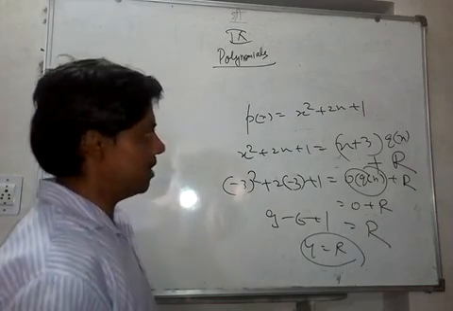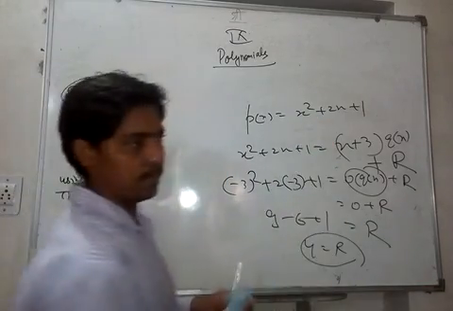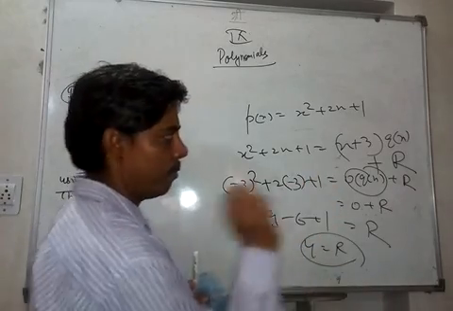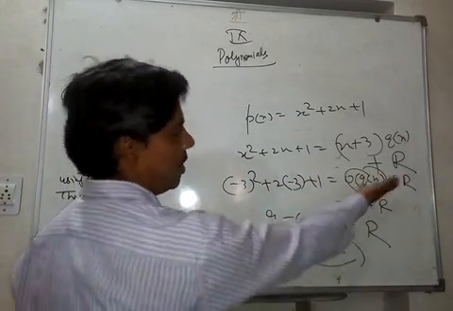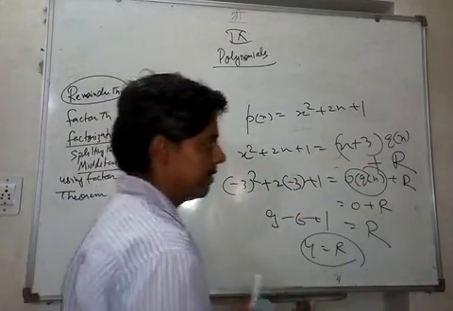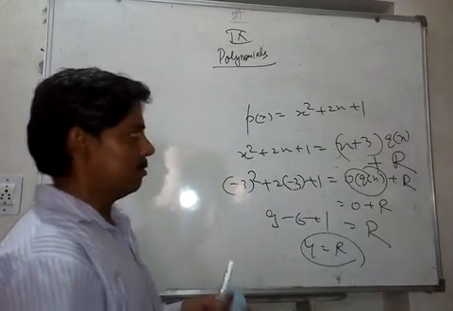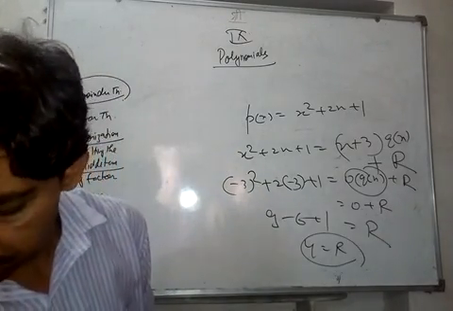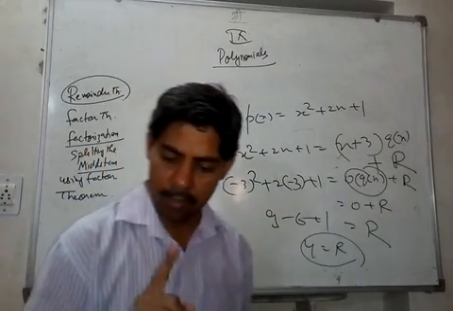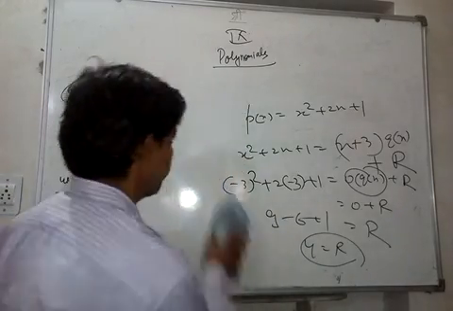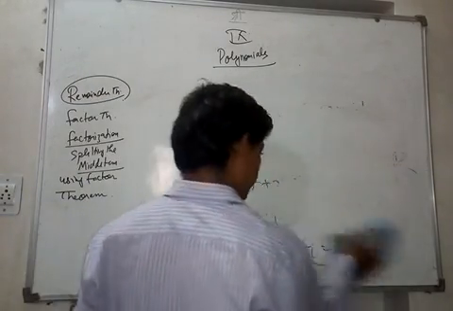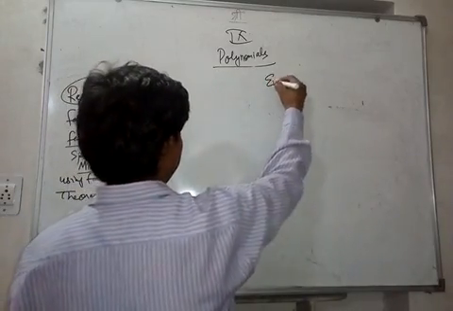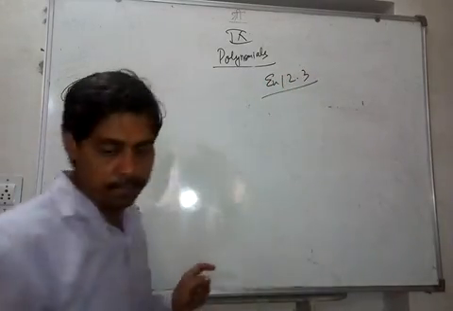Now similarly, we have talked about ax square plus bx plus c, any polynomial divided by x plus alpha. You put minus alpha, you get this 0 and you get the remainder. Right? So what you have to do, I'll do one question from the book itself. Exercise 12.3, part 4 of question number 1. Let me do it again because I don't know what is the problem here. 12.3, but you can solve it, okay?